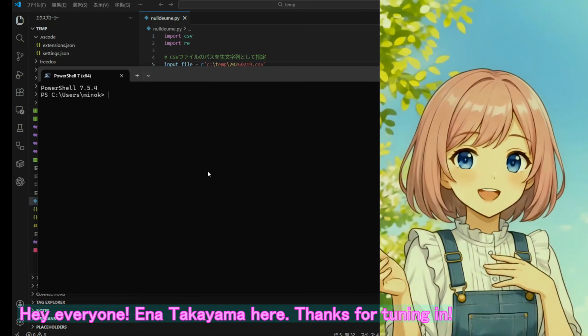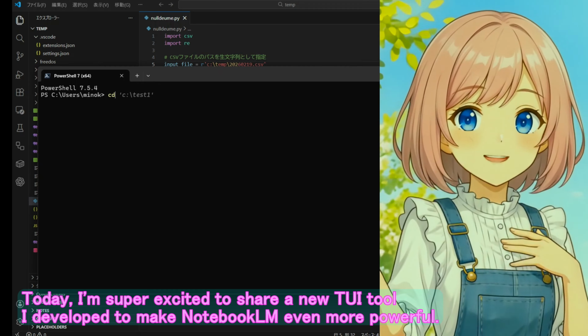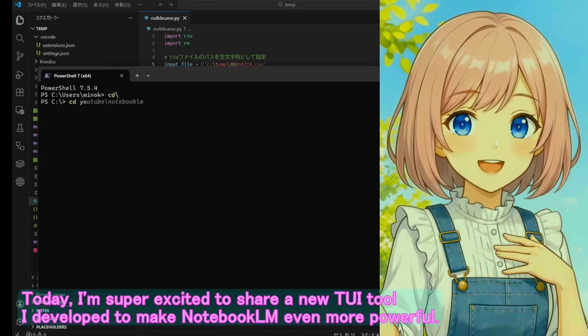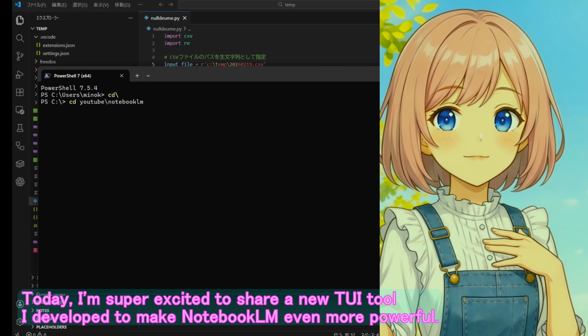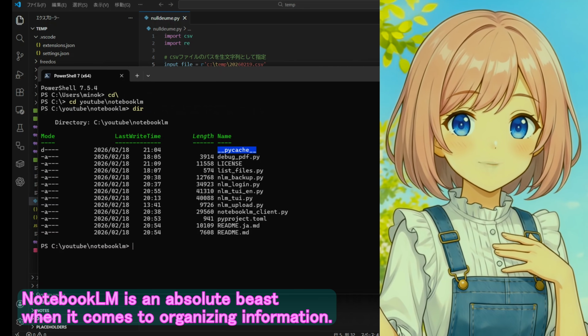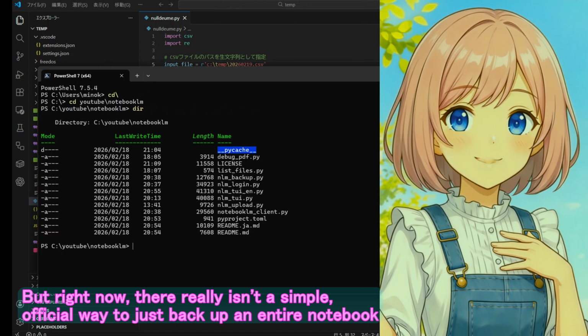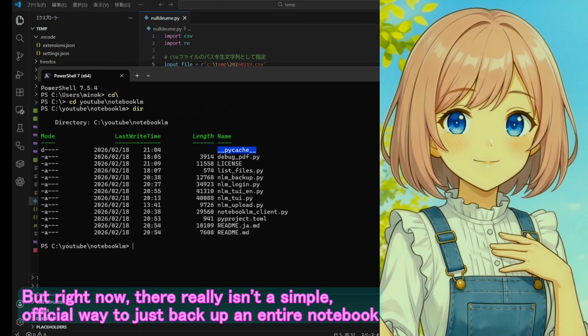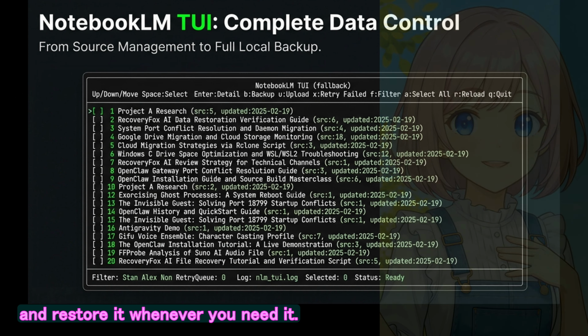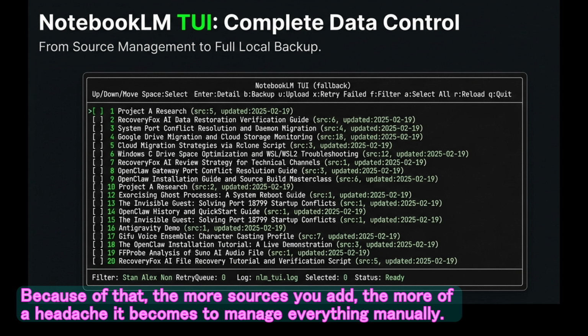Thanks for tuning in. Today, I'm super excited to share a new TUI tool I developed to make NotebookLM even more powerful. NotebookLM is an absolute beast when it comes to organizing information. But right now, there really isn't a simple, official way to just back up an entire notebook and restore it whenever you need it. Because of that, the more sources you add, the more of a headache it becomes to